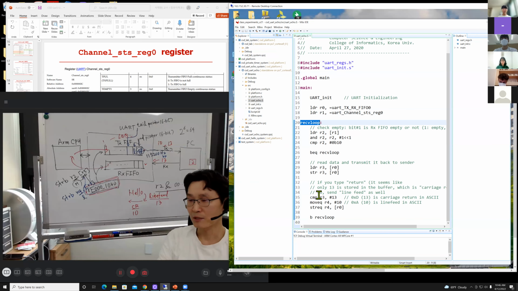TX5 is empty in this program. What do you think? TX5, why would you check TX5 is empty? Okay, good question. So I think I told you about that, right? First,